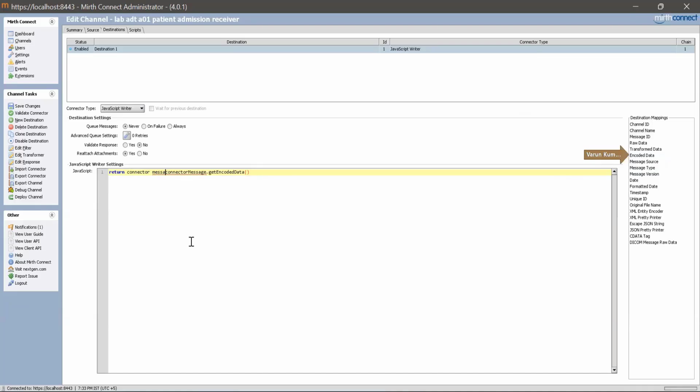So type return over there, return and space, and put a semicolon at the end. Wonderful. So what we are saying is that in this message, it's just going to return encoded data. Now we know that encoded data basically comes in from our transformer.